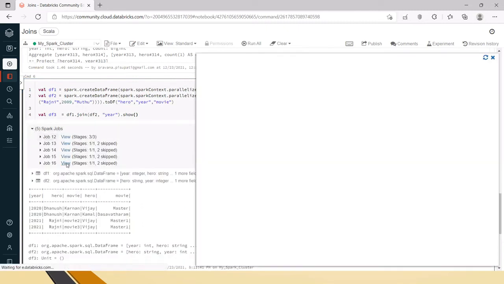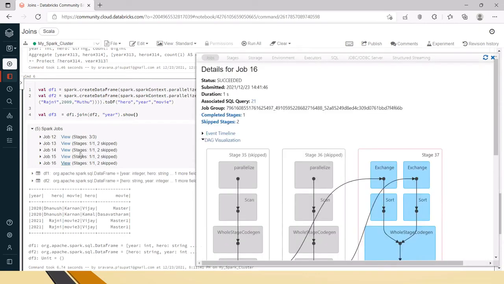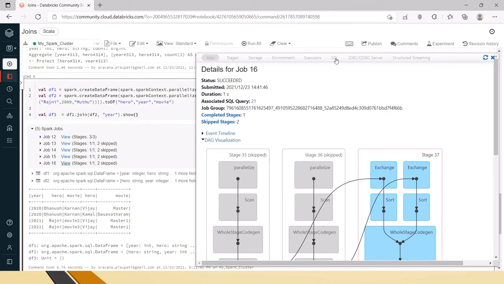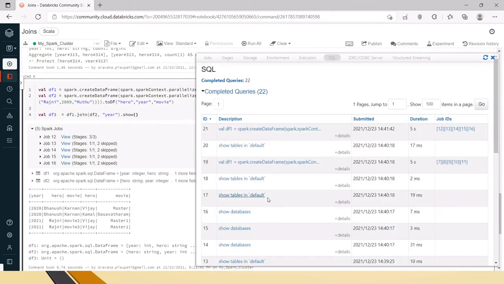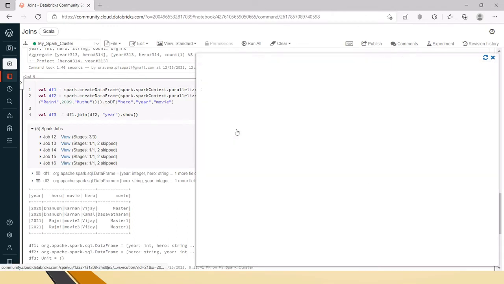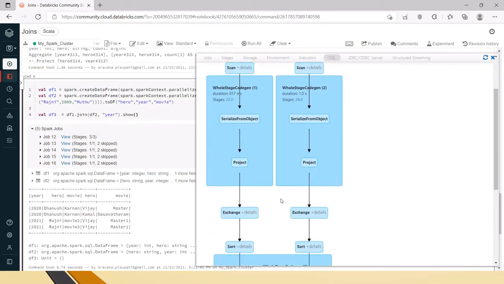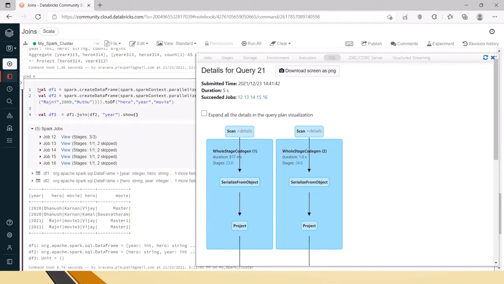I am opening the Spark UI. These are some other jobs, that's why we have 5 jobs here. And now in that UI, go to SQL,